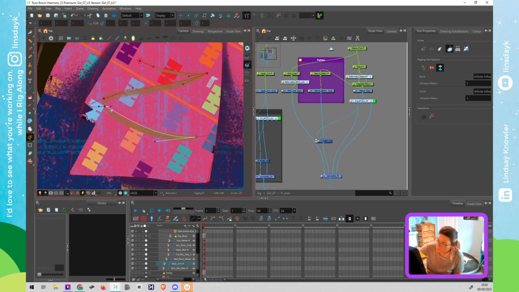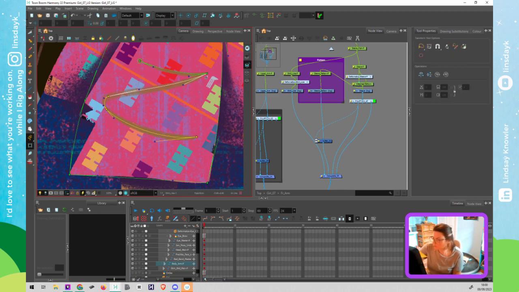Okay, let's see if this will work. This is when you have to test your deformers. You always want to test your deformers if you can't predict how they're going to act. So let's see. Yeah, that's not exactly